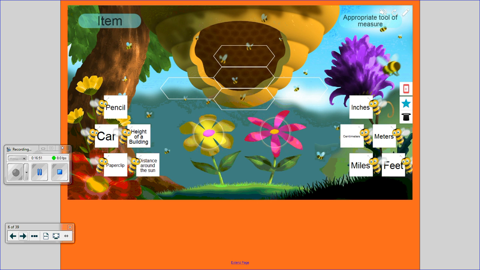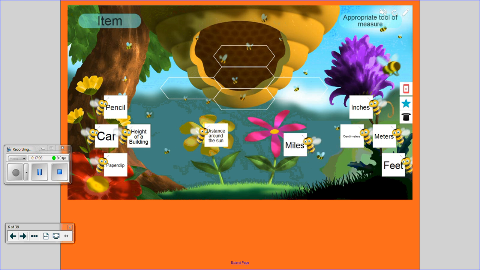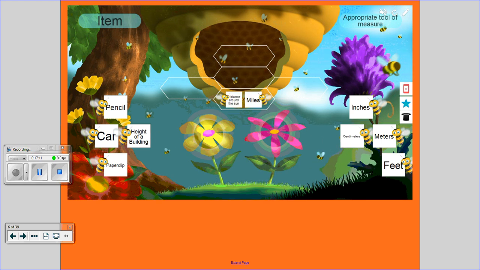When they're correct, they go into the honeycomb. All right, Maddie, to match an item with a unit of measure. All right, Maddie went with the distance around the sun, and she's going to use miles. Awesome. Piper,